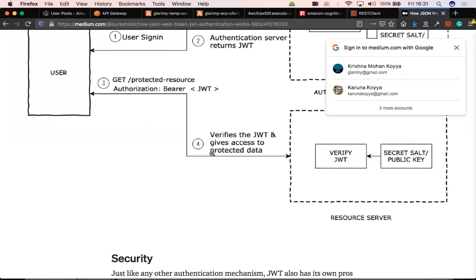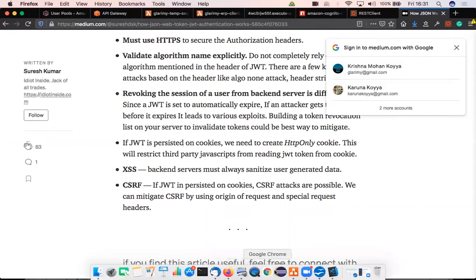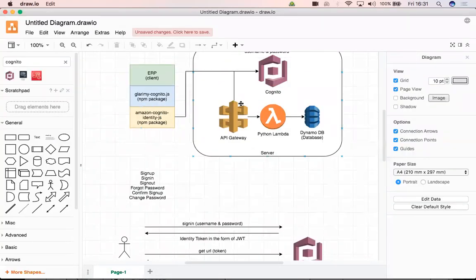If it is right, then it will say okay, and then if we go back to our diagram here, if it found that it is verified properly, then the Cognito will say, when you are making the actual calls, like the temp resource and other things, then it goes to the Cognito saying, okay, I got a call, get temp with an authorization token.